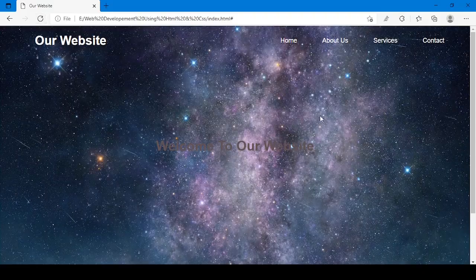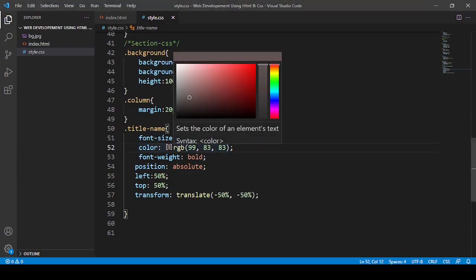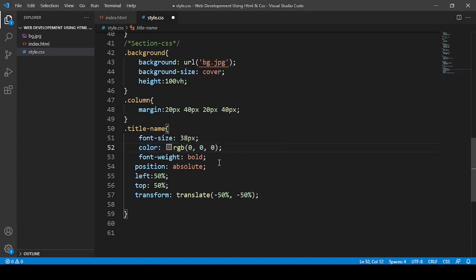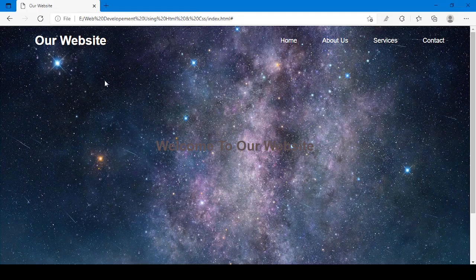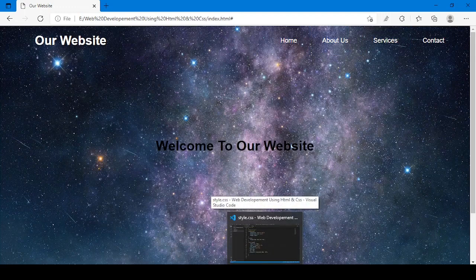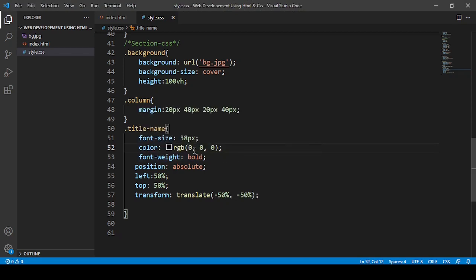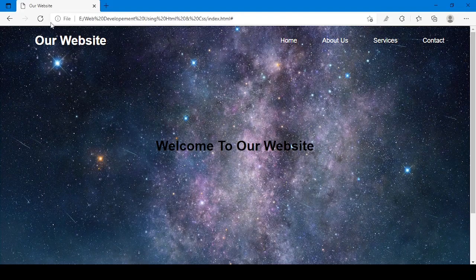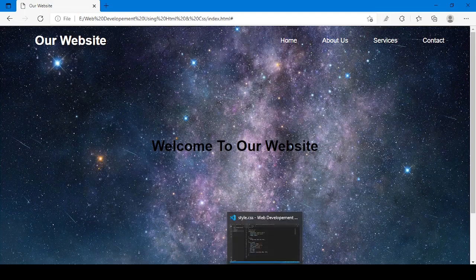And now what I am going to do is, oh, I think I should make it black only. Yeah, in black only, but in black something is missing. But I think black is also good. I can just increase its font size to something like 40px, and here I can give white also, as your wish.